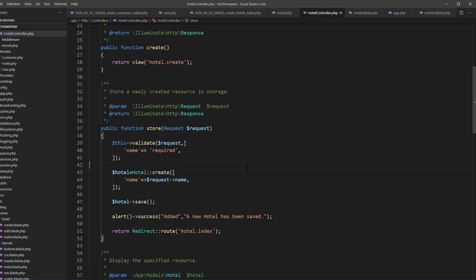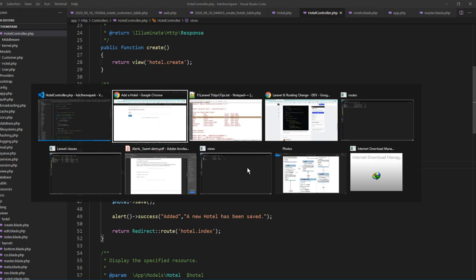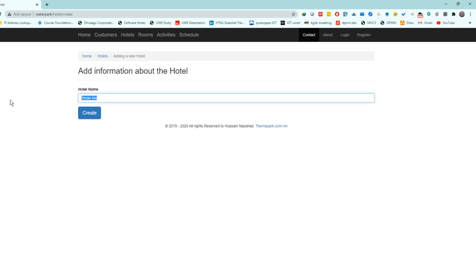Right. So let's test whether it works fine. For example, if there is nothing here and you press create, it's going to show you hotel name. This name field is required. See, that comes from that error. So, relaxing, click create, and it's going to check the information, send it to the database and save if things are correctly entered, right? And I have a feeling that it will not,